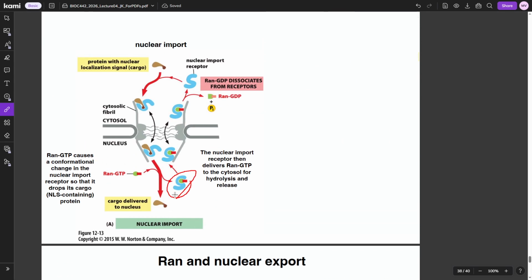Once this is bound to an import receptor, this import receptor is responsible for basically